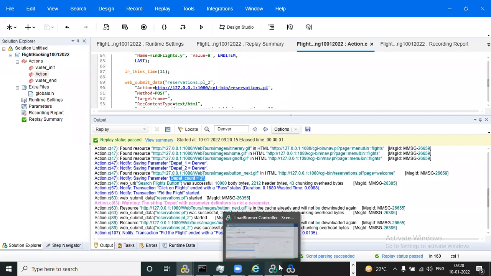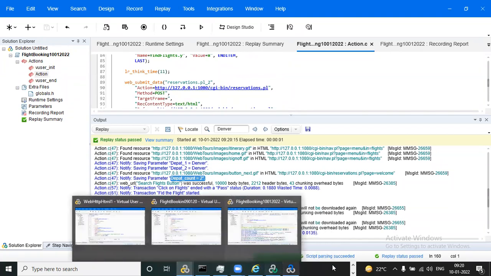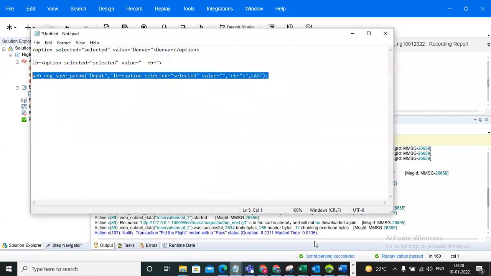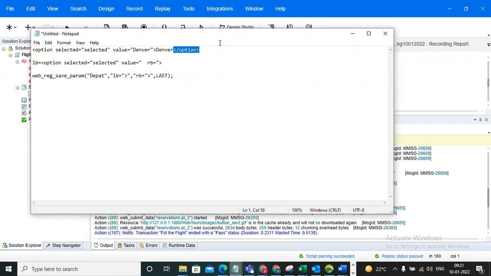You can observe here. Where is our notepad? This is our dynamic value, left boundary and right boundary. I am taking this as the left boundary, so I'm copying it here as the left boundary. And this option I call the right boundary.